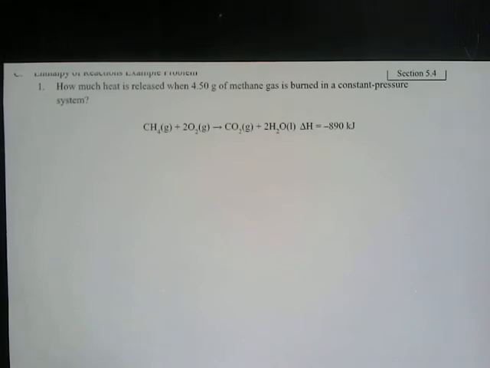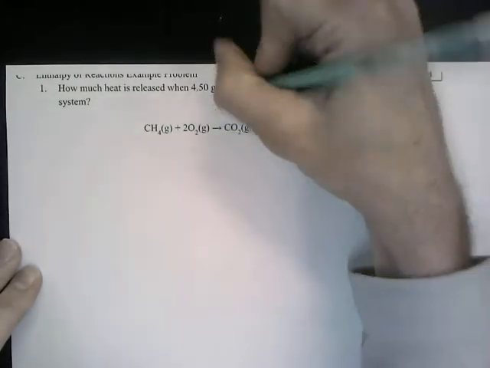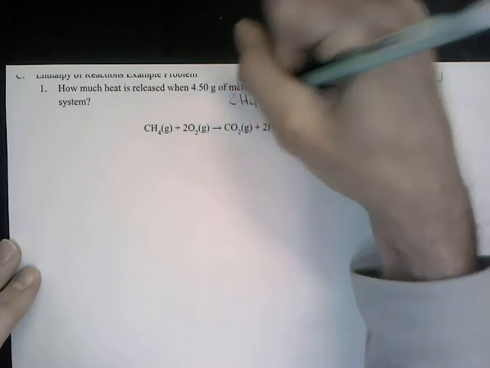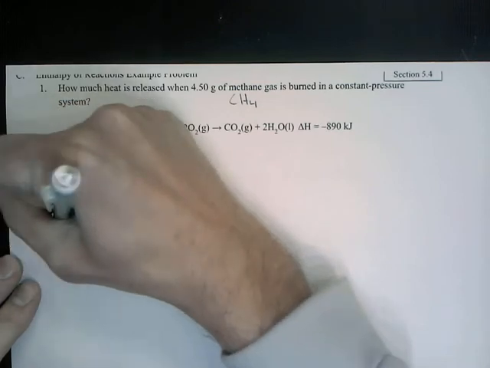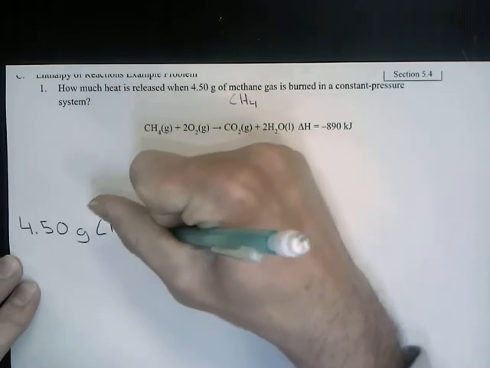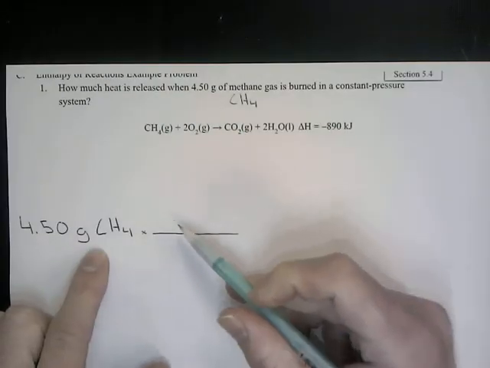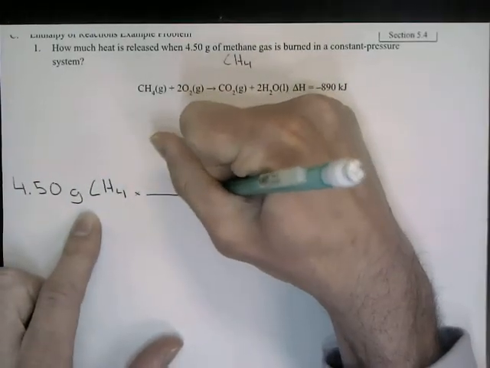Okay, so what we do here, it says how much heat is released when 4.50 grams of methane gas is burned in a constant pressure system. Well, we have the thermochemical equation, and what we need to do first is convert this 4.5 grams of methane, which in case you didn't know, methane is CH4, into moles. So we start out here with 4.50 grams of methane, CH4, and we set up our conversion factor. Again, diagonal units cancel out, so we're left with grams of CH4,